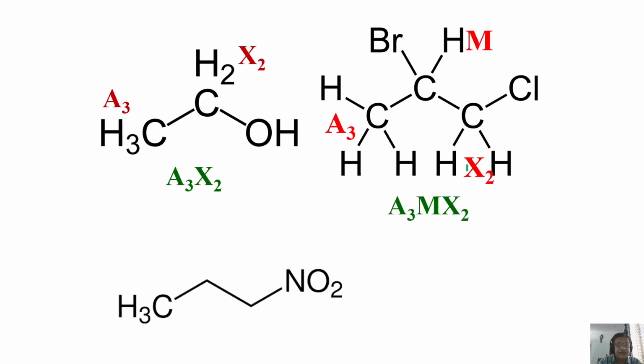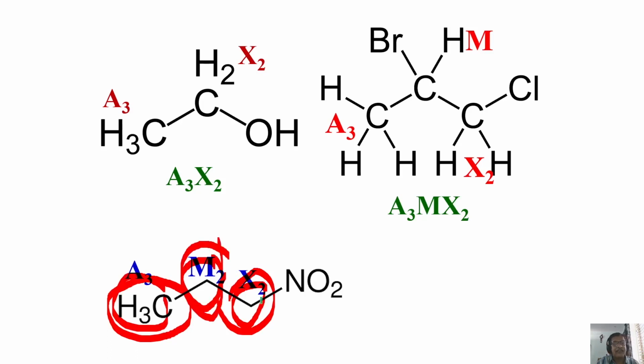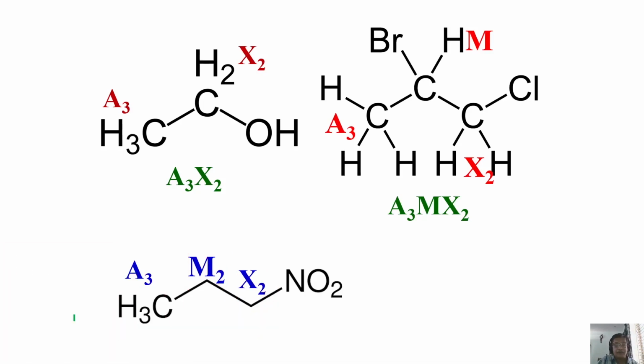Very easy to analyze. We have CH3 protons. It is A3. This is CH2 and CH2. What do you call this spin system? Very simple. A3, M2, X2. The reason is nitrogen pulls this one far away. This is X2, and this CH3 is high field, CH2 comes somewhere in between. So I call this as A3M2X2 spin system. Okay,